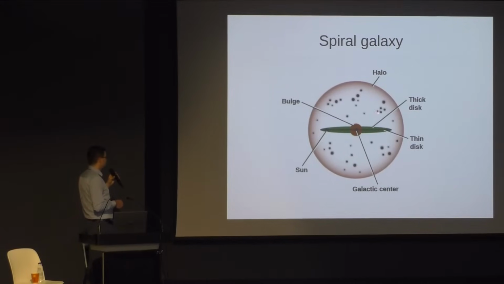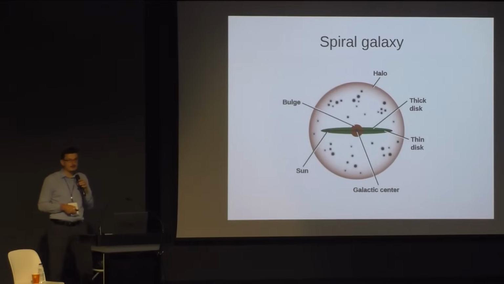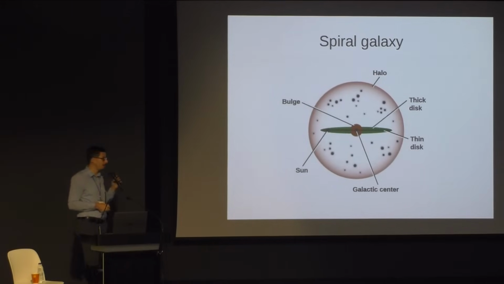And we have globular clusters, which we sometimes call the stellar halo of the galaxy, and all of this is in the dark matter halo, which is much larger than the galactic disk and about 10 times more massive than the visible part. So,